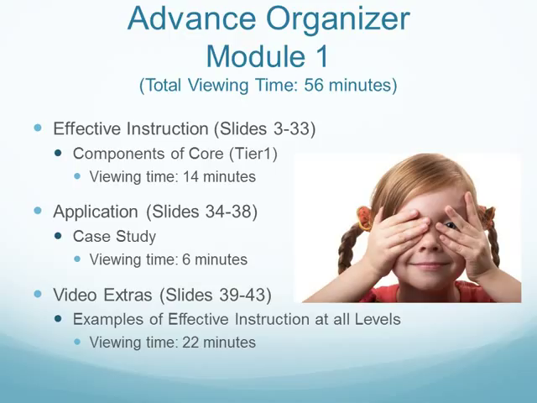Included also are recommendations and examples of available resources to support implementation of effective practices. The recording time in this section is approximately 14 minutes long. The second section, slides 34 through 38, provides an opportunity for participants to apply the recommendations to a case study. The recording time in this section is 6 minutes, but please provide extra time to work through the documents and